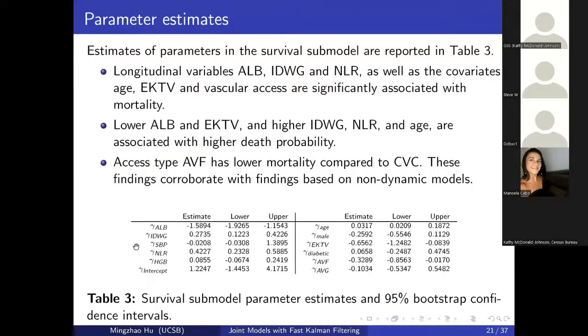Our parameter estimates from the model indicate that longitudinal variables ALB, IDWG, and NLR, as well as the survival covariates age, EKTV, and vascular access are significantly associated with mortality, whereas having lower albumin and EKTV and higher IDWG, NLR, and age will lead to higher death probability. And this corroborates with findings from separate clinical studies and also with our intuition, because people who retain more waste after dialysis and are older are more likely to die during the dialysis treatment period. Furthermore, we have found that the newer AVF access type is going to lower mortality compared